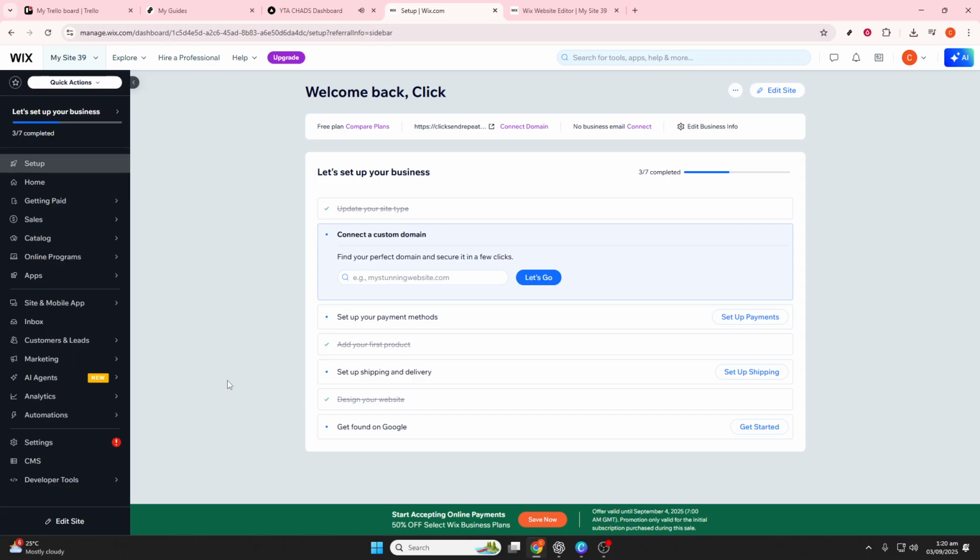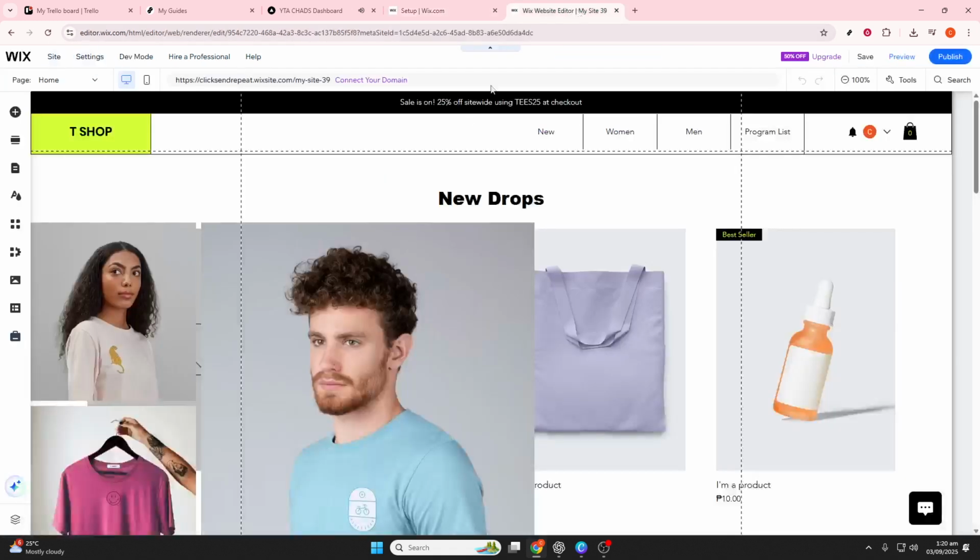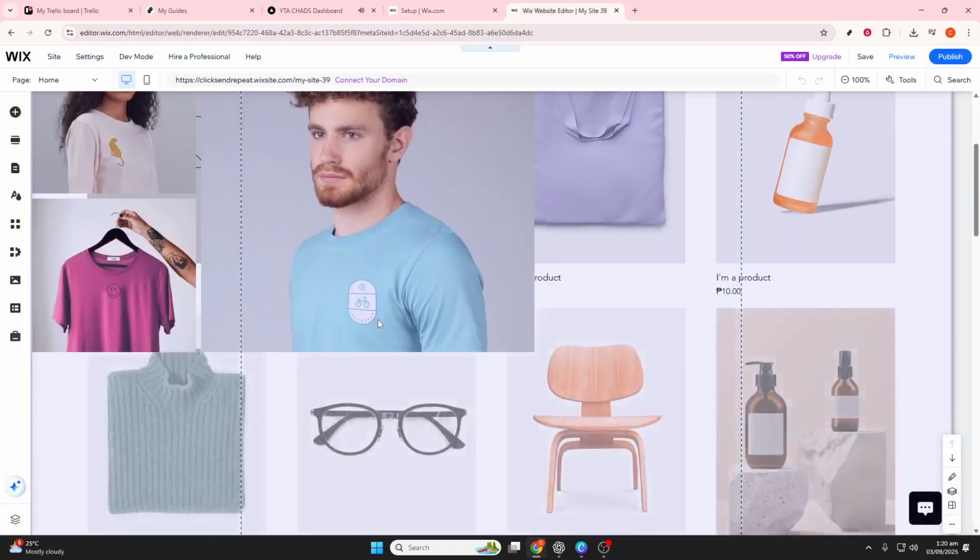First, you'll need to head over to Wix.com and log into your account. If you haven't created an account yet, I recommend doing that first so you can follow along with the rest of the tutorial. Once you're logged in, find the website where you want to sell your products and click on Edit Site. This will open up the website editor where you'll make all the necessary changes to get your online